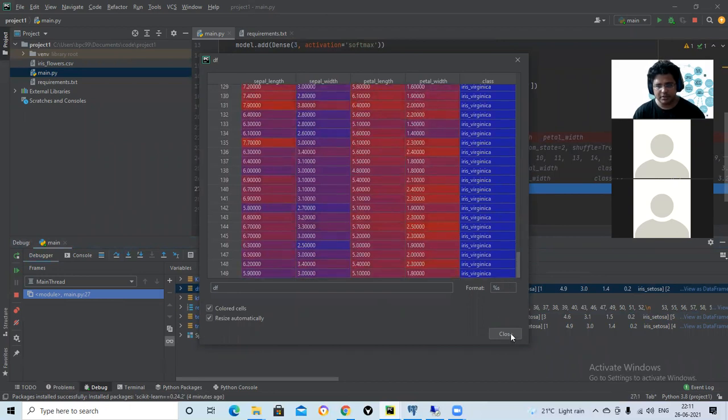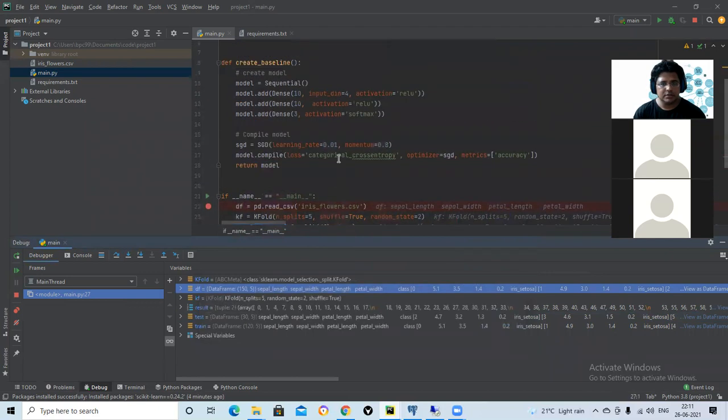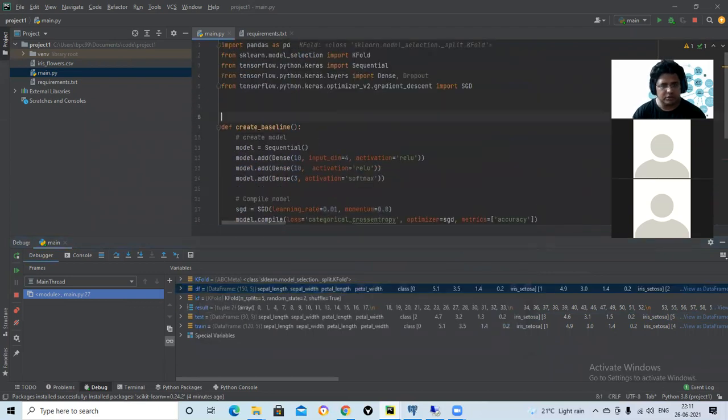So what will happen is we give 4 inputs and a probability distribution will come.